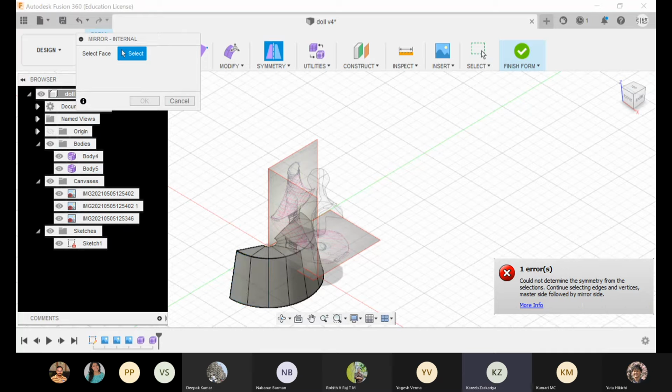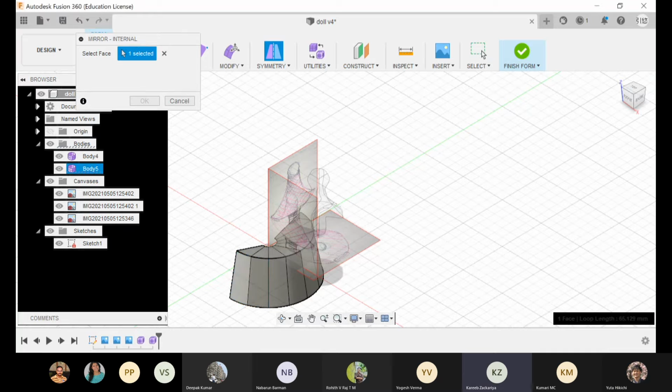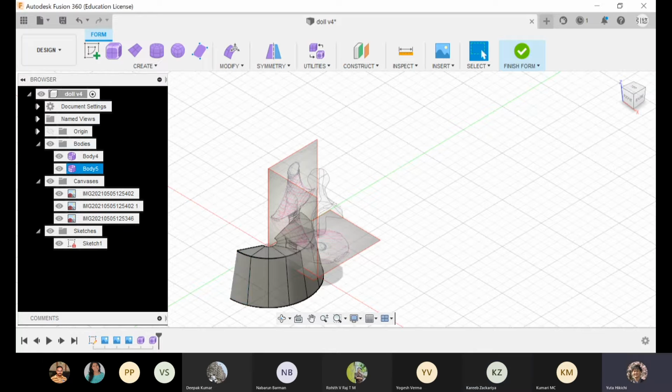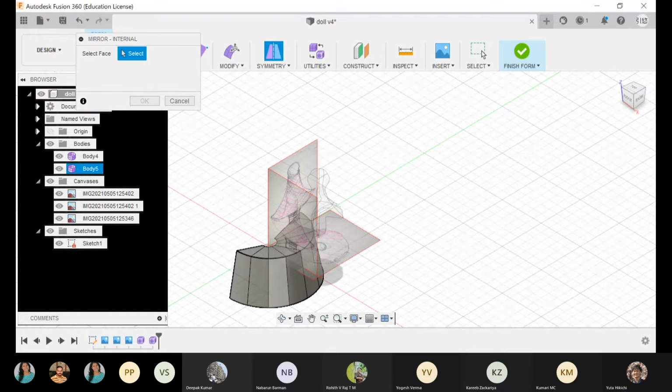No, this cannot become a symmetry because it's... Yes, this side, and you select a central plane with which you want a symmetry, or the line.